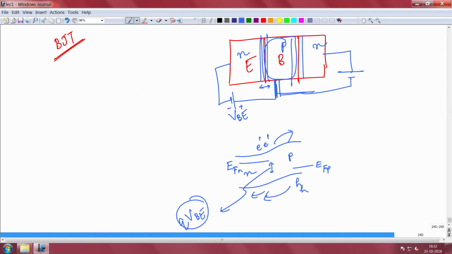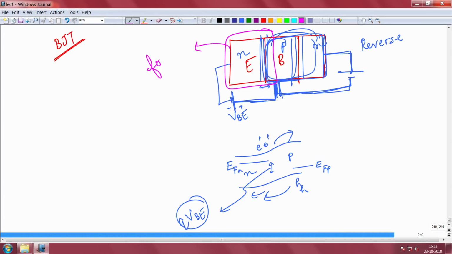Okay. Now, you might think that I am putting a negative bias here, a positive bias here, so what is going on in the base? Am I putting a positive bias or a negative bias? Essentially, whatever voltage you are applying to the base, you apply a higher voltage at the N type, that makes the N type more positively biased than the P type. So this becomes a reverse bias junction, and this becomes forward bias.